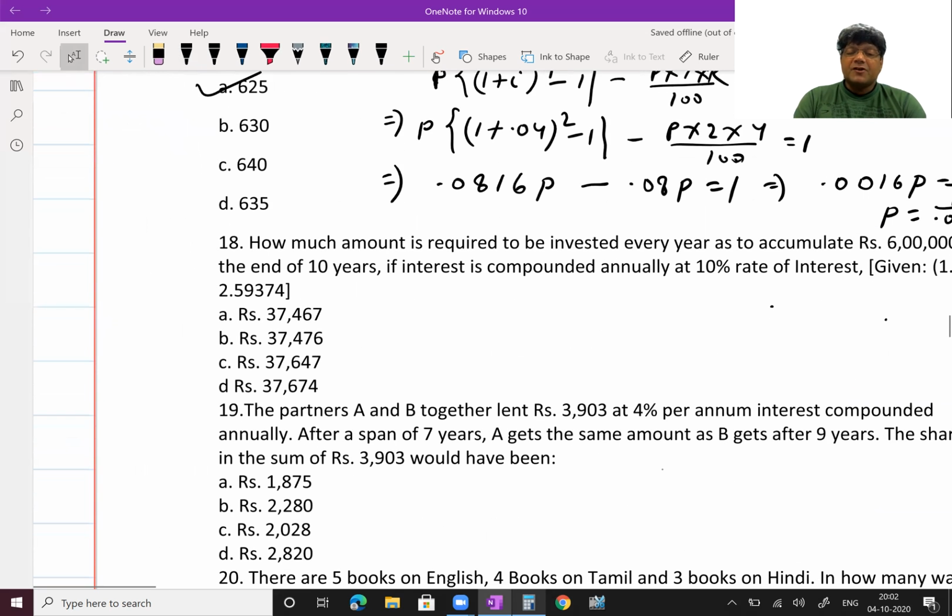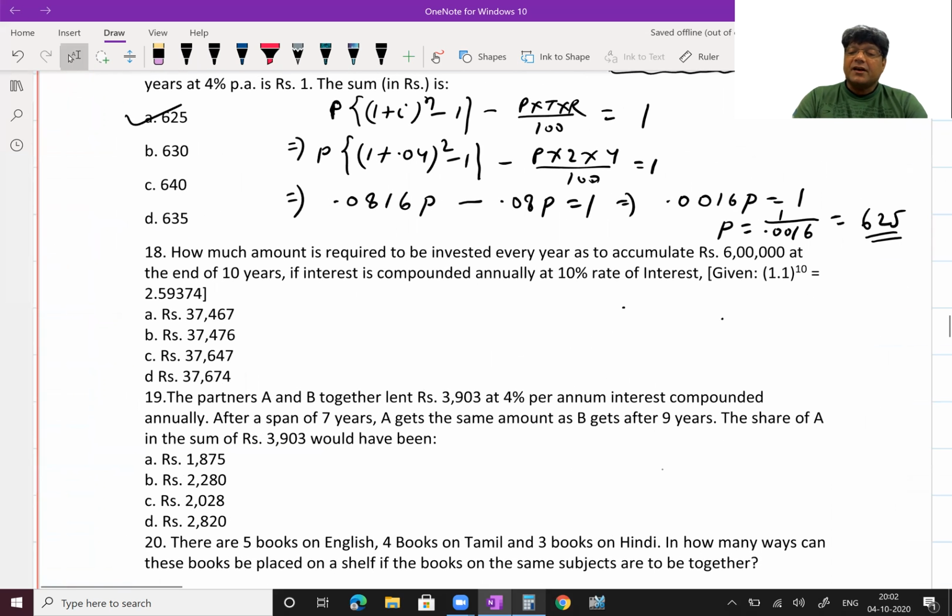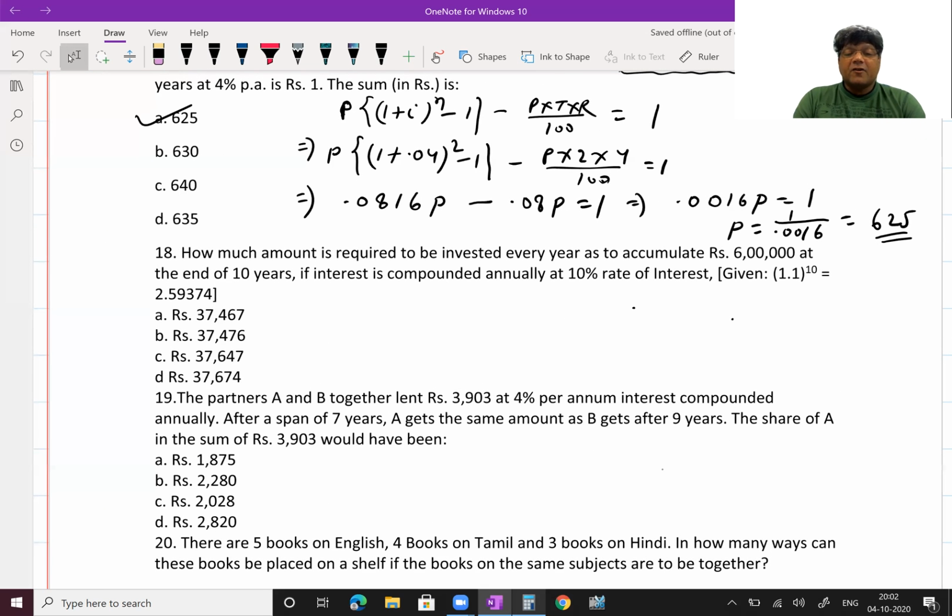How much amount is required to be invested every year as to accumulate 6 lakh at the end of 10 years? Guys, future value question. Because the question is saying, how much amount is required to be invested every year, means installment. So accumulate how much? 6 lakh. When? After 10 years. That means future value. So your future value is 6 lakh